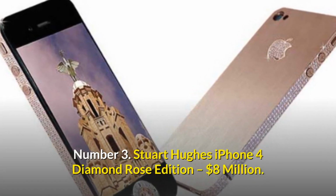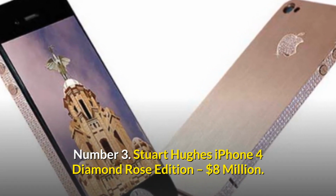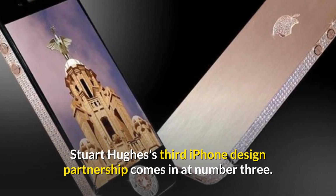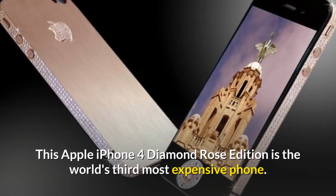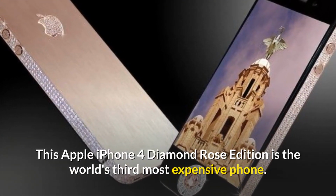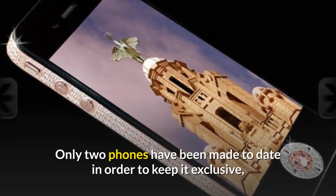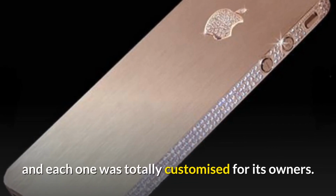Number 3. Stuart Hughes iPhone 4 Diamond Rose Edition, $8 million. Stuart Hughes's third iPhone design partnership comes in at number 3. This Apple iPhone 4 Diamond Rose Edition is the world's third most expensive phone. Only 2 phones have been made to date in order to keep it exclusive, and each one was totally customized